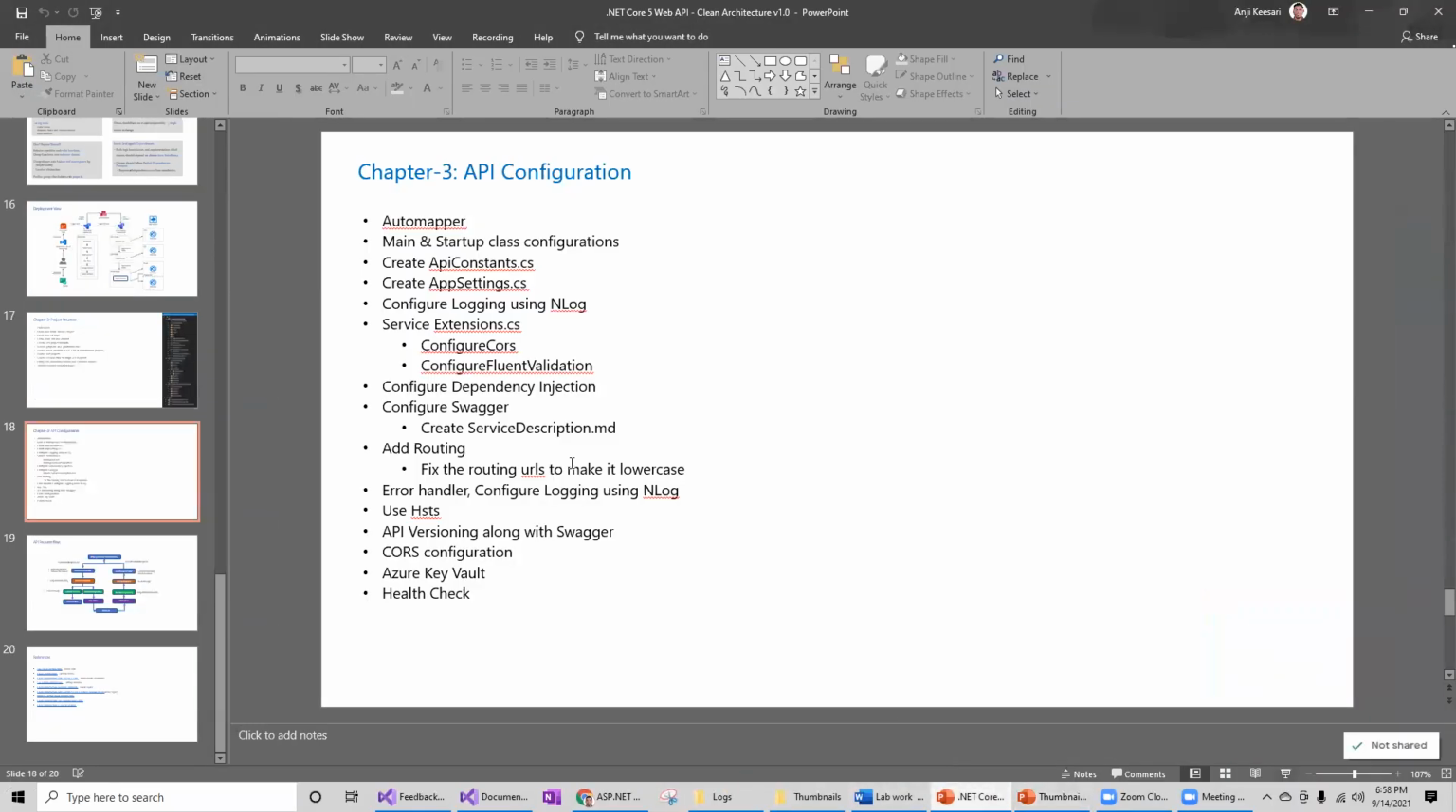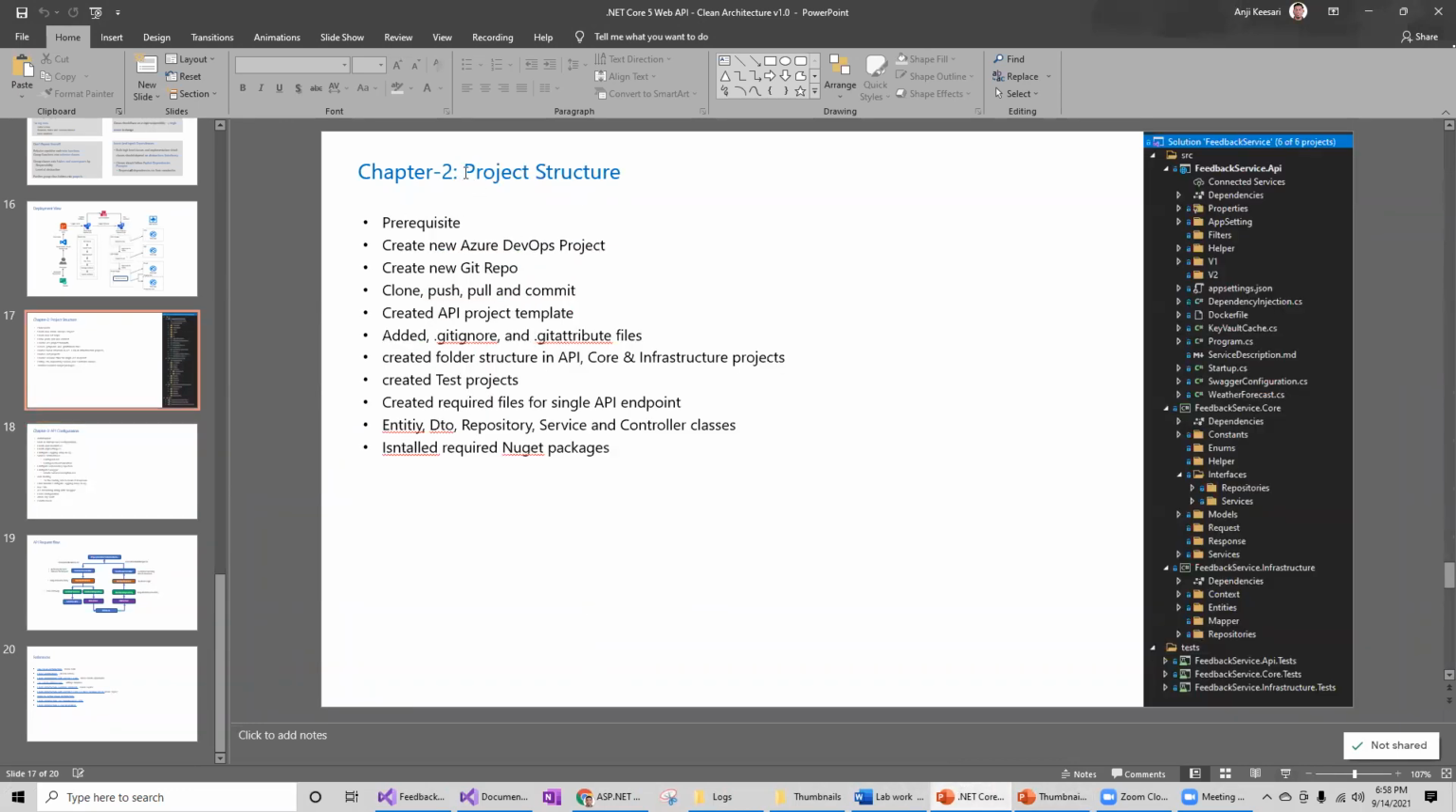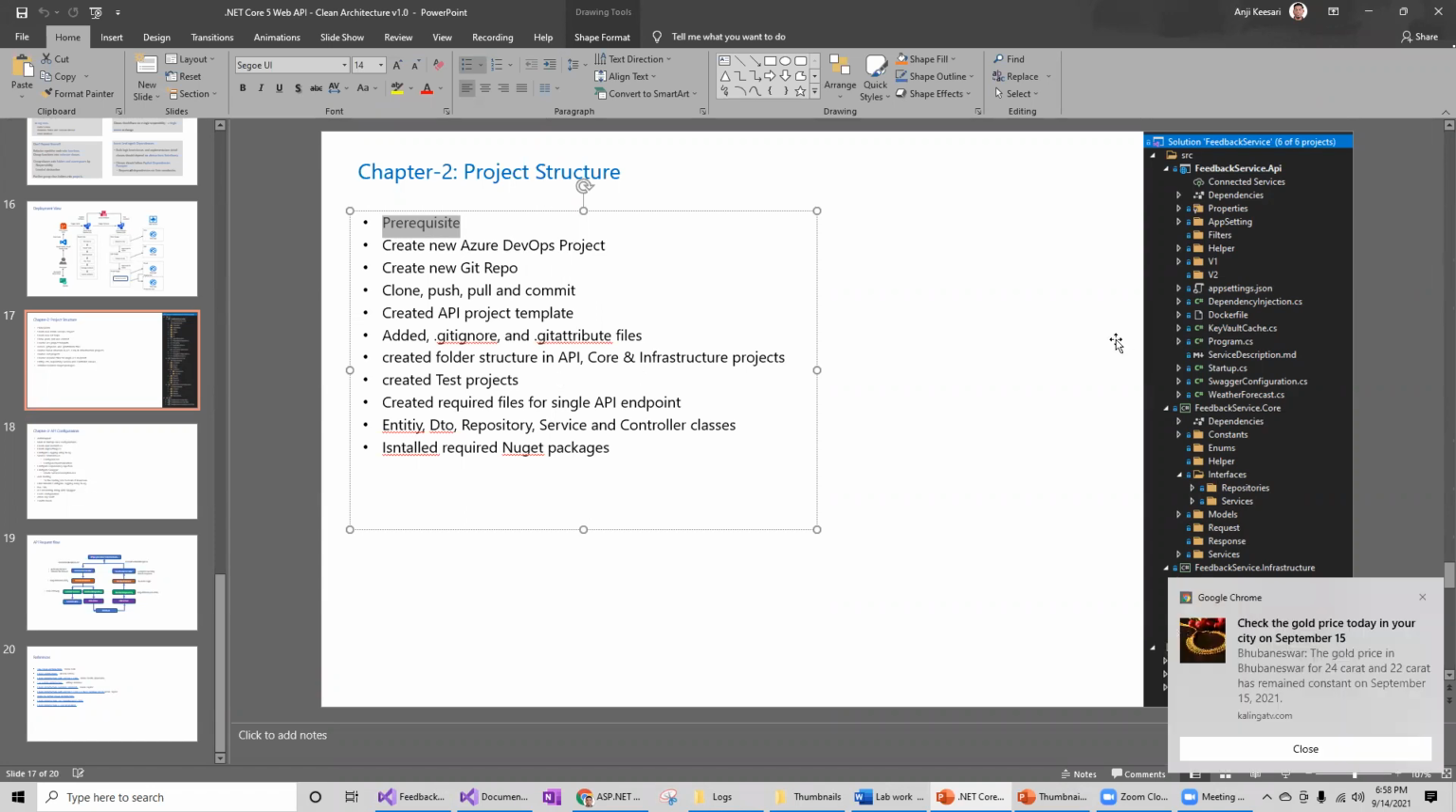Let me take you to the agenda. As I mentioned in the previous video, these are the different topics we discussed. We talked about the prerequisites if you are starting a greenfield application or if you are new to programming, and the different software required. We created the Azure DevOps project and Git repo, with pull and push,